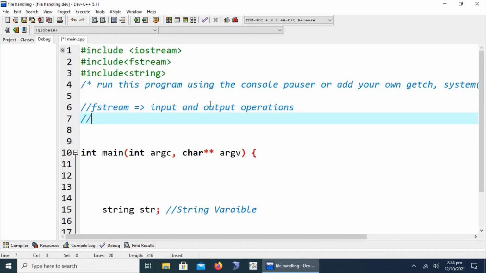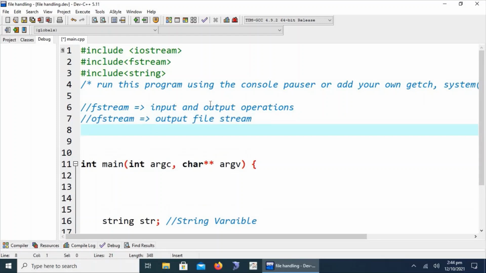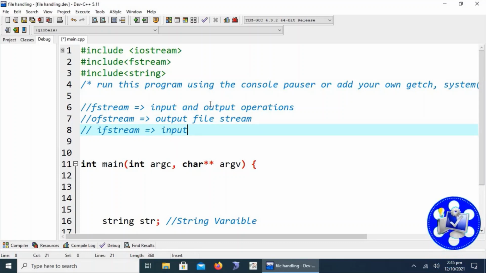Similarly, we have two classes derived from fstream, called ofstream, which stands for output file stream, and ifstream, which stands for input file stream.